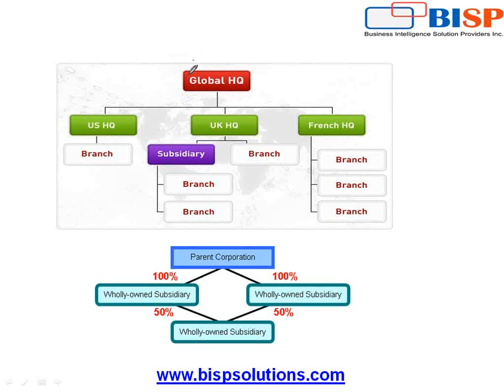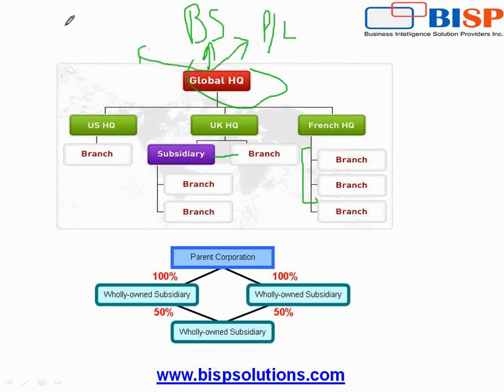Okay. Parent company, multiple subsidiaries, in turn having multiple branches, but there has to be one version of the balance sheet. You have one integrated balance sheet, one integrated profit and loss statement, and you may have one integrated cash flow statement. You may acquire 100% stake of another company, so you fully or wholly own it. Or even if you don't acquire 100%, the moment you acquire more than 50%, you naturally get control, and technically this is called